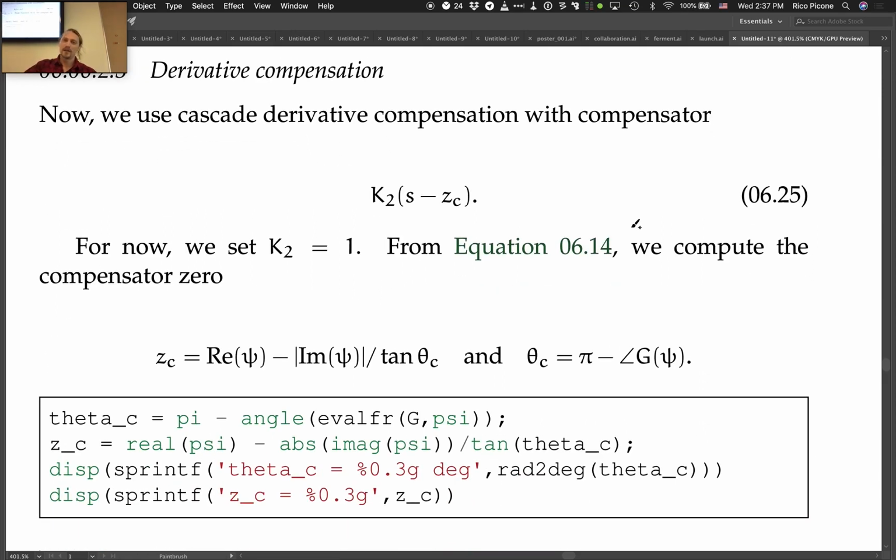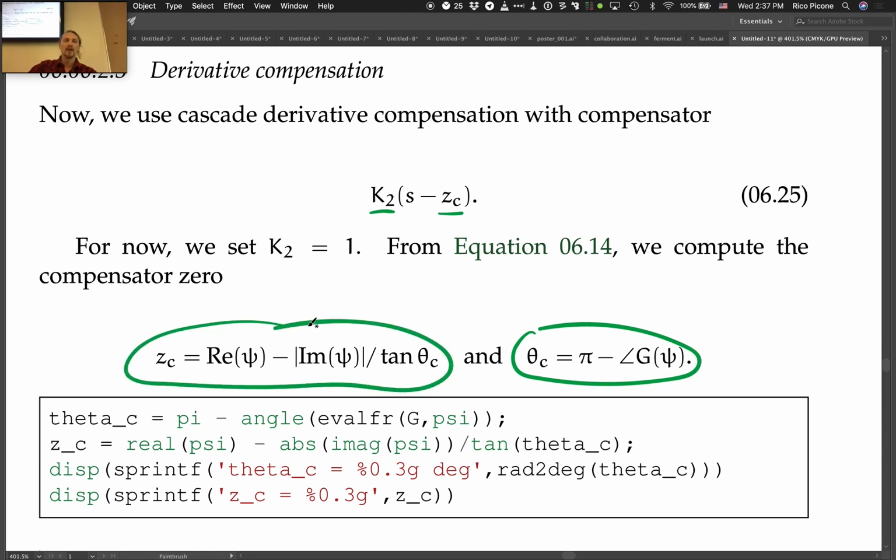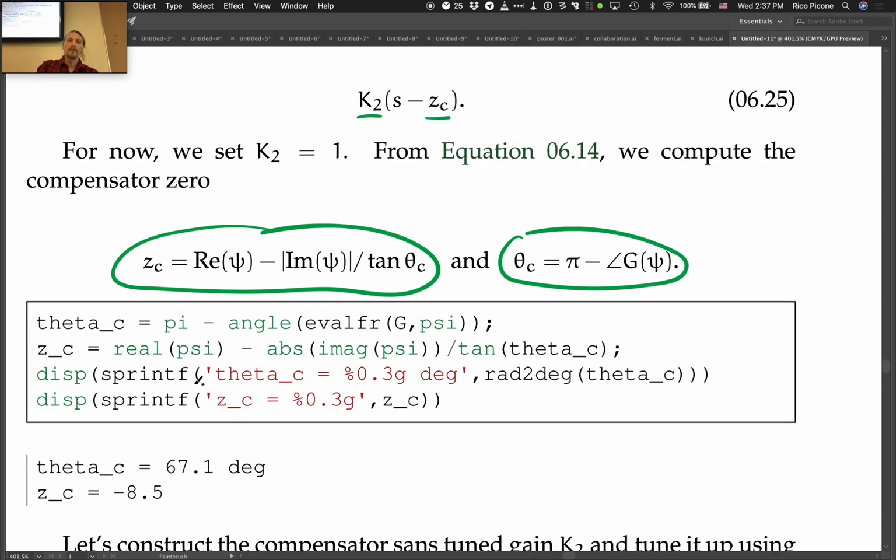So this is our derivative compensator. We have another gain K2. We have the zero location. The zero location we choose to do first. That was the next step in our design procedure. So we have two formulas. We know what psi is, right? We have two formulas that we need to plug into. The first one gets us the angle contribution of the compensator. The second one gets us what the zero location should be. And we've got